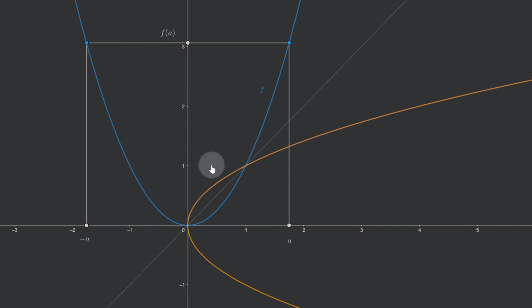This, however, is not a function, because each value along the x-axis gets assigned one value above the x-axis and one value below the x-axis. So that is not a function. However, we can remedy the situation by only constructing the inverse functions for those sections of the domain of f